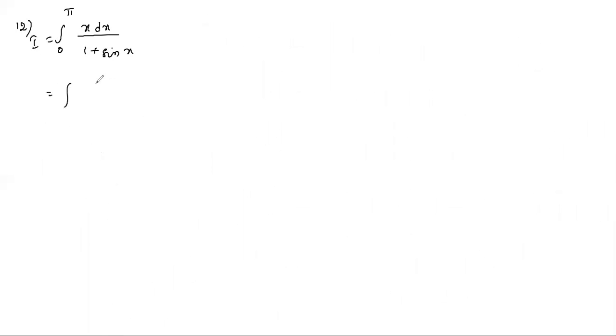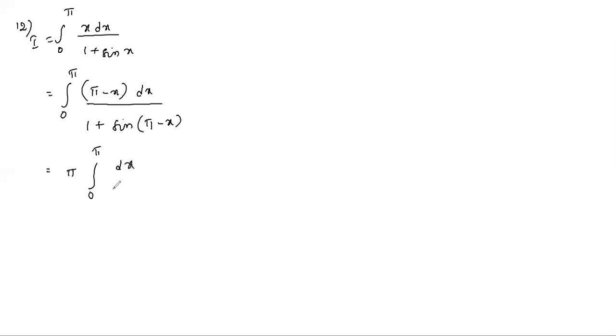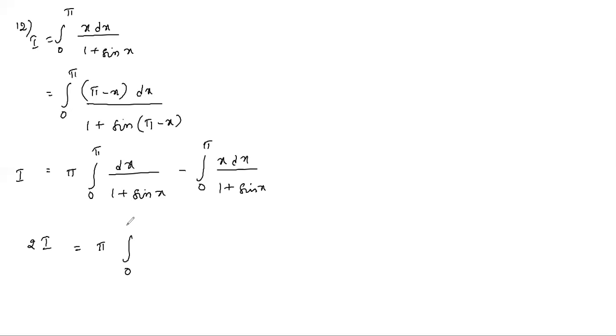Same, a minus x property. So pi minus x dx by 1 plus sin of pi minus x. Sin 180 minus x is sin x only. So pi into integral 0 to pi, by splitting into two integrals, 1 by 1 plus sin x dx minus integral 0 to pi x dx by 1 plus sin x dx. So this is also I, I plus I is 2I. Pi into integral 1 by 1 plus sin x, so we can easily integrate